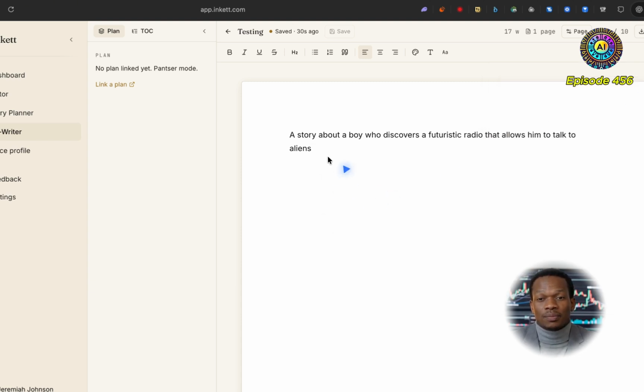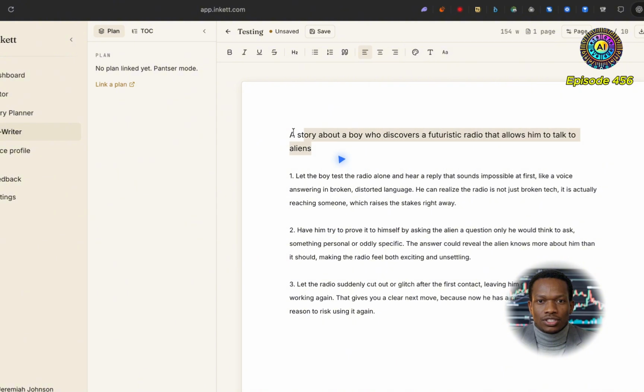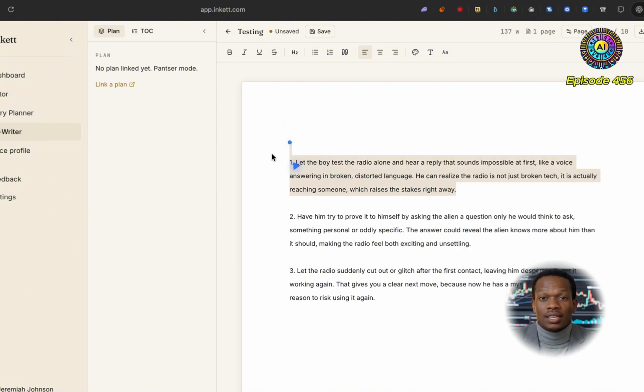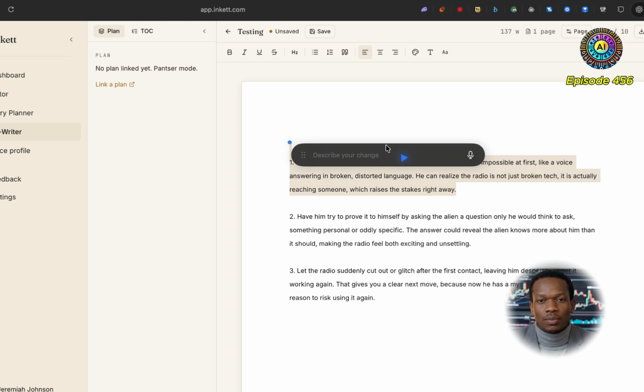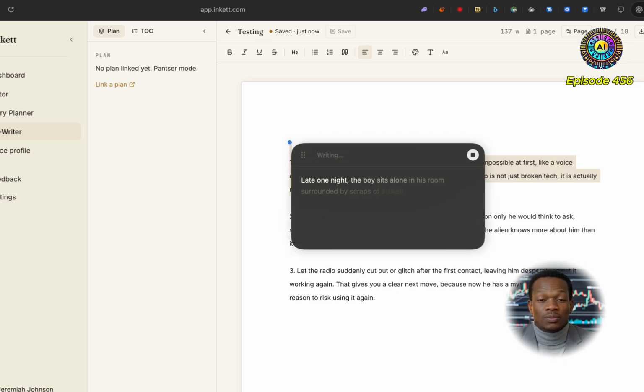Cool. So what I'm going to do here is select this, and in fact I'm just going to use Apple Intelligence, which is built into the Mac, and I'm going to say expand this into a full blurb with, let's say, 300 words. Actually no, let's keep it to 200 words. Cool. And I'm a big fan of Apple Intelligence because it just allows you to